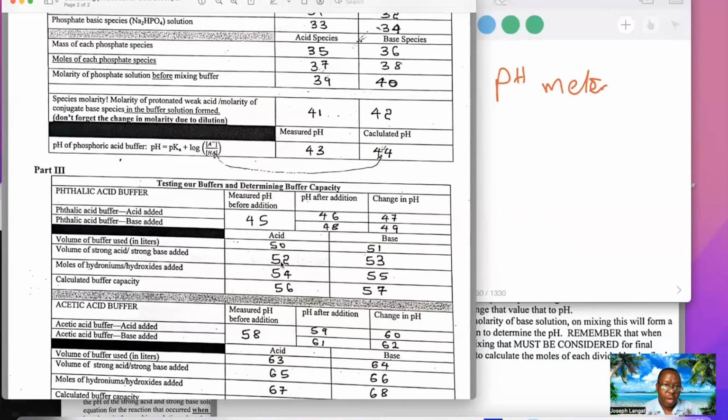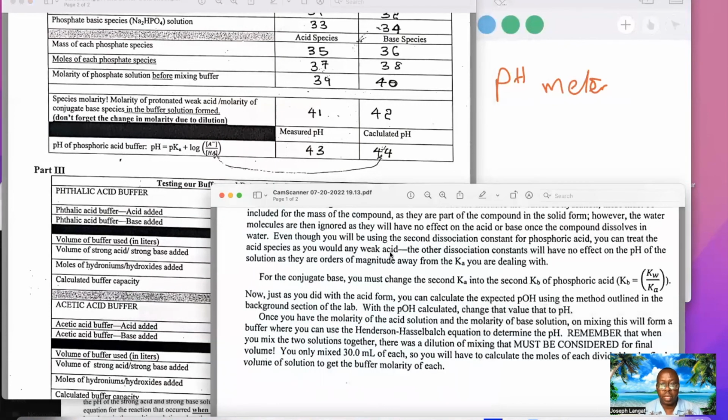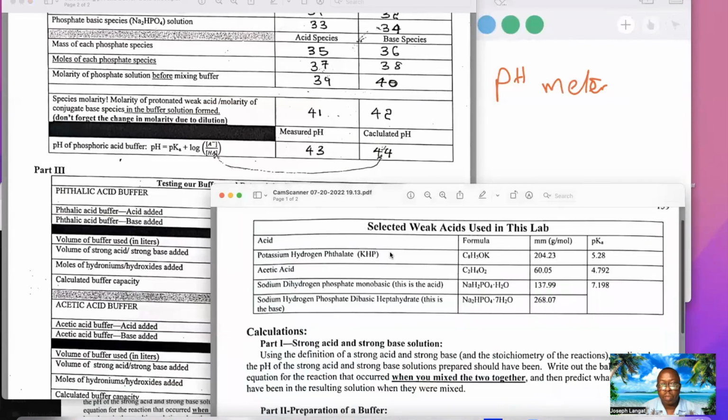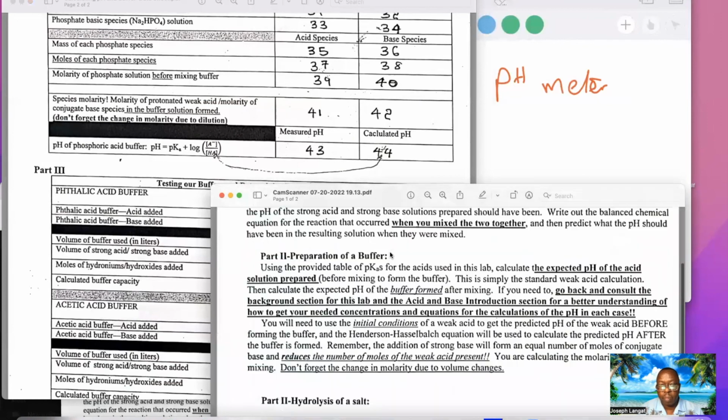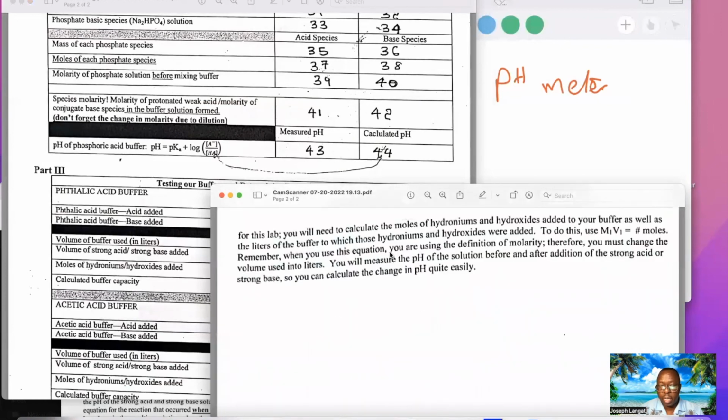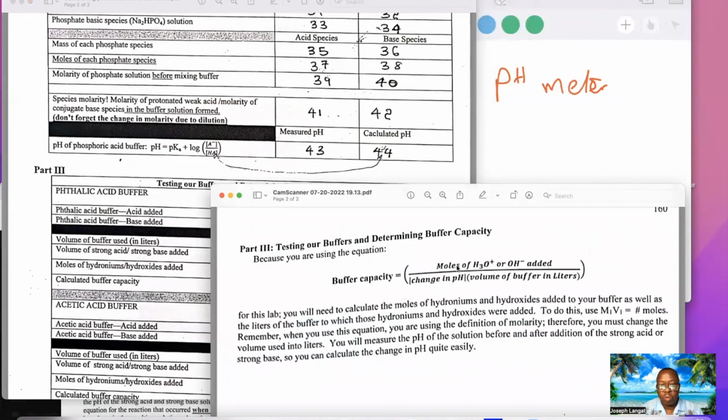You use 25 mL, you just change the volume. Calculate the buffer capacity. I just want to highlight the equation you will need for that. I think there is an equation for calculating the buffer capacity. Let's see, right here. This is the equation, number of moles of